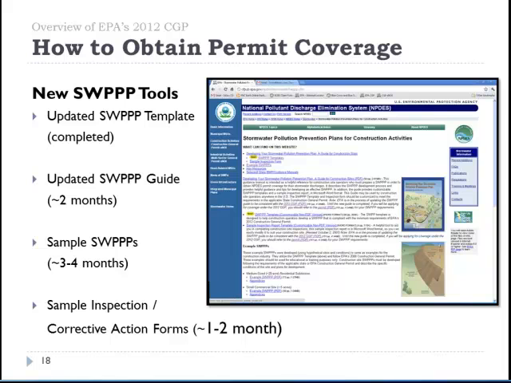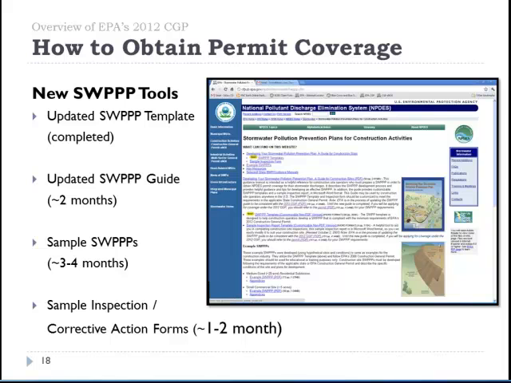We're also going to be updating our SWIP guide, which is pictured to the right here, the top document there. The SWIP guide needs to be updated with some references. It still can be used, by the way, as a good overall tool for an overview of construction stormwater, as well as good tips on BMPs and how to develop a SWIP in general. We'll also be putting out some sample SWIPs as good visual examples of what EPA considers to be exemplary SWIPs for different kinds of construction projects.